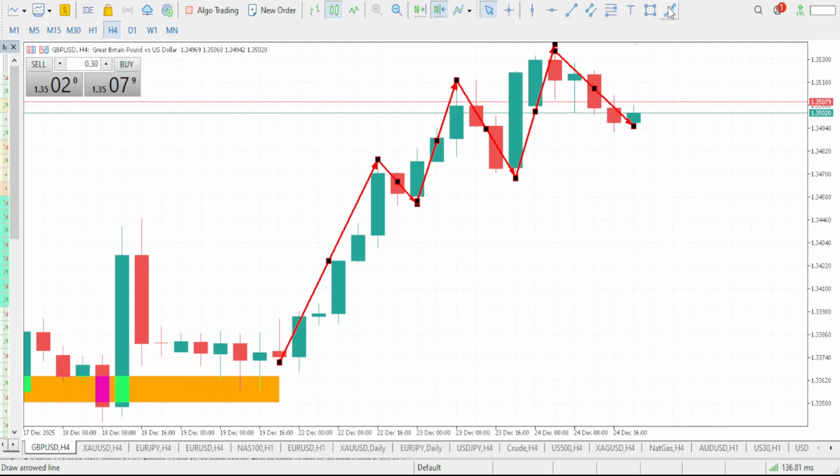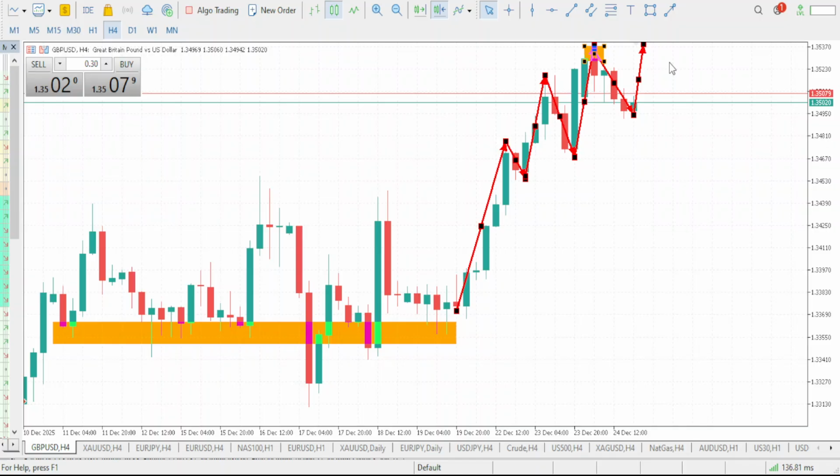Now that we've gotten this higher low, we are expecting the market to give us another bullish move that will eventually form a new higher high. So this bullish move will go ahead to take out this previous high, hereby forming a new higher high. So a bullish move is what we are expecting next on GBP USD, and we should be expecting that bullish